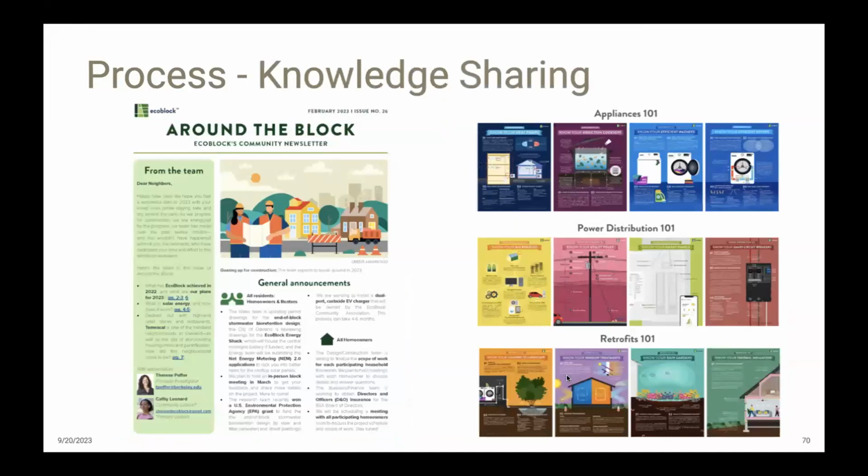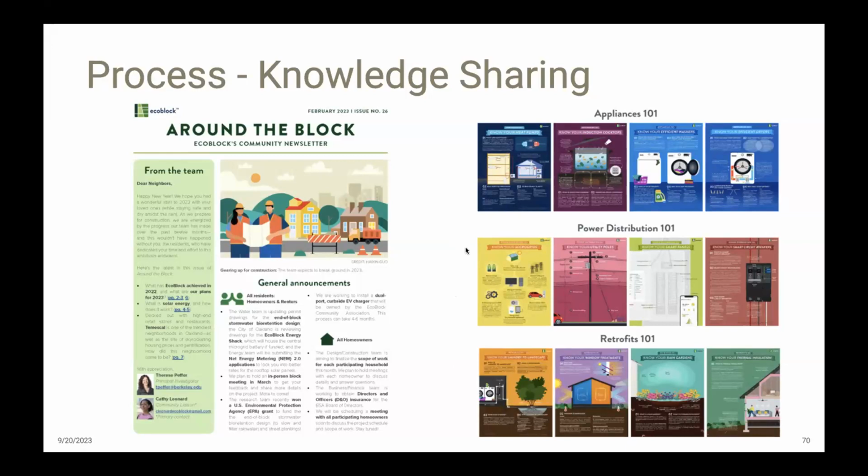Knowledge sharing is also a critical piece of our communications effort. To get information out and to do so without lecturing, which was another thing that was important to do here, we set up a private webpage for the neighbors to share information. We also sent monthly newsletters and are sending monthly newsletters out. And we developed a series of informational pamphlets to help explain the many parts and pieces that are involved in this project.